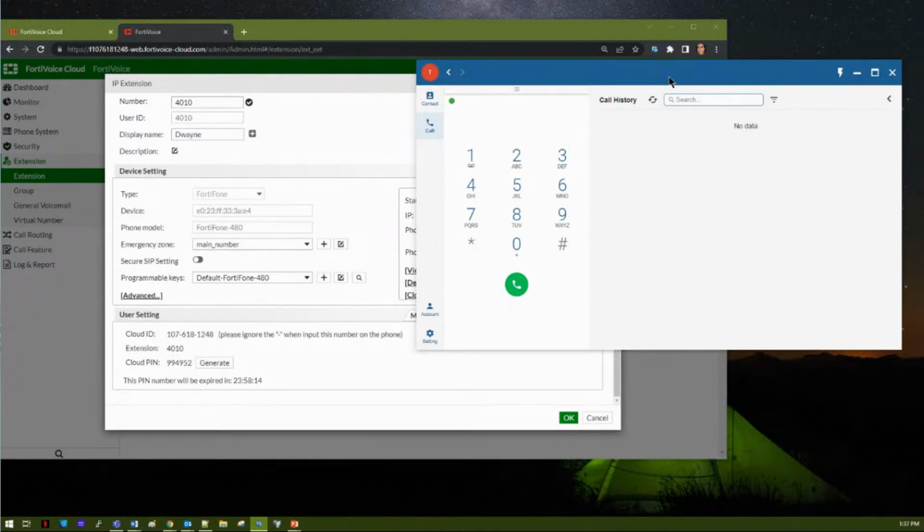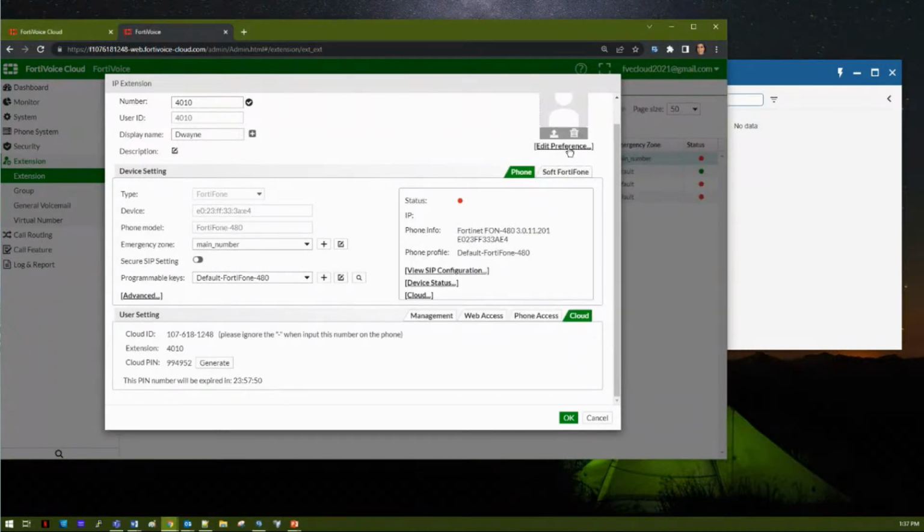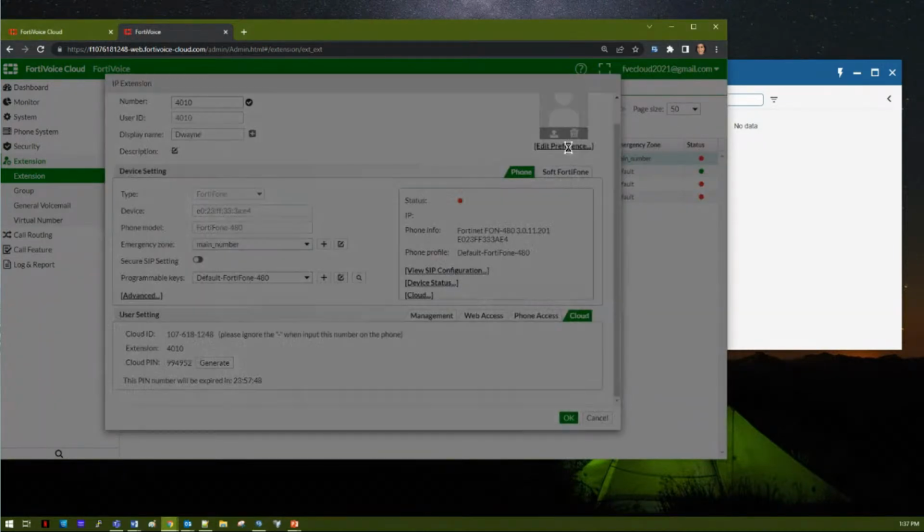You can change from the standard greeting to a new greeting, set a voicemail password, etc. The default password for voicemail is set to 123, but like I mentioned, that's something that can be adjusted. Other features that are available for the extensions is the